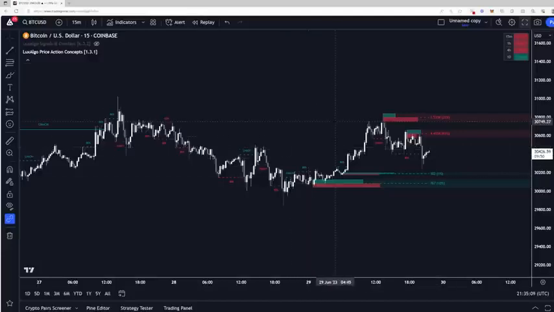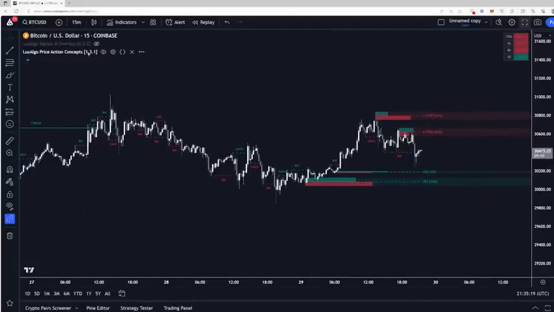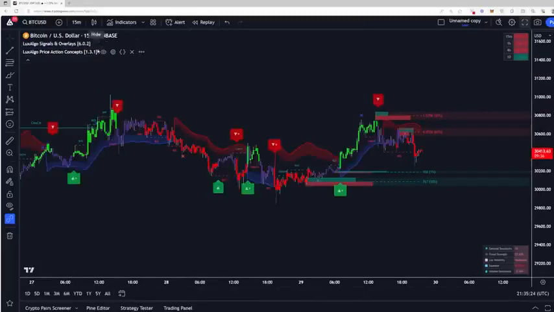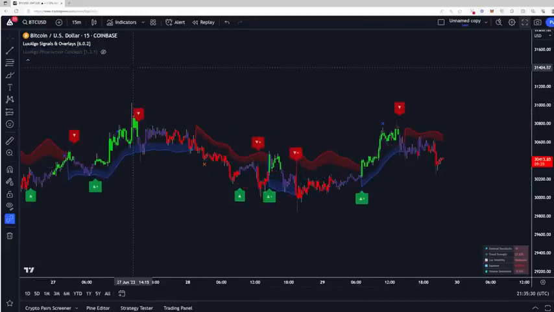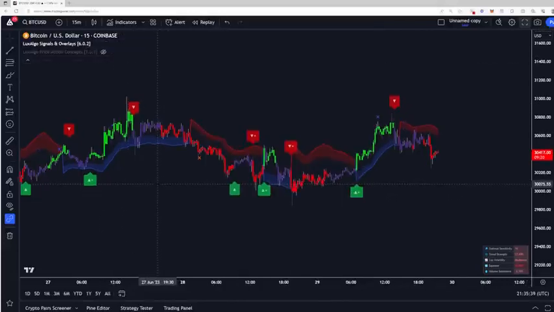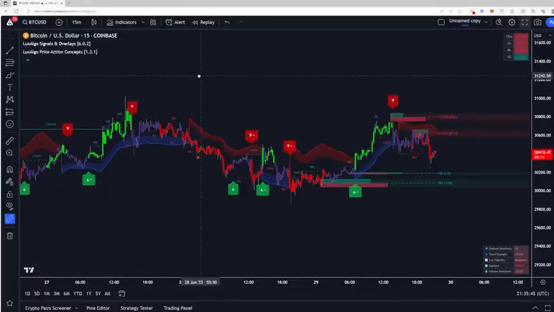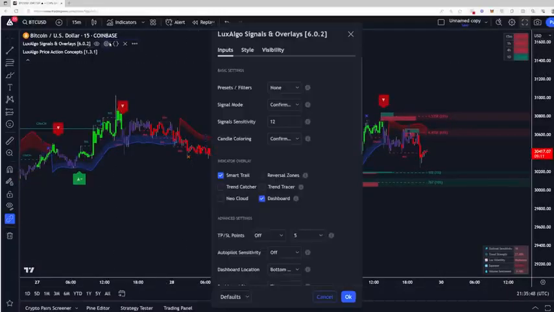The price action concepts is very much pertaining to the market structure, raw price action, and a little bit of volume, okay? And this is an entire toolkit in itself. While the signals and overlays is 100% focused on really what its name is, which is the signals and the dynamic features like the overlays that you can select within the settings and customizing that super deeply. So these have two different use cases, so when combining them, it's typically useful to strip down most of the features from one of them and utilize one toolkit as the primary and the other toolkit as the secondary layer